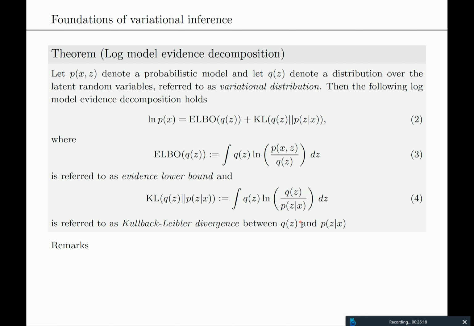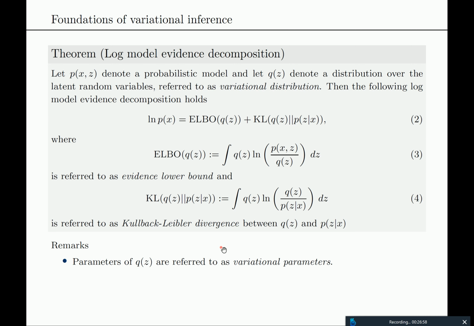The KL divergence is defined like that. There's one thing that needs to be satisfied, because we cannot compute the log of 0. If you go into the mathematical definition of the Kullback-Leibler divergence, you have to be a little bit careful about the non-zero things in the log, but roughly it's like that. So you have this ratio, you take the log of it, and you evaluate the integral over Q(Z).